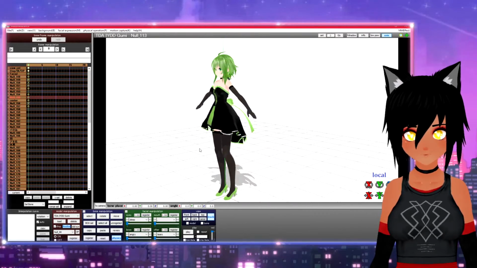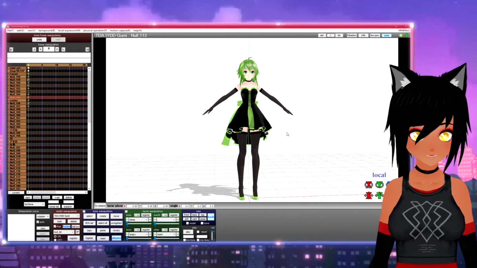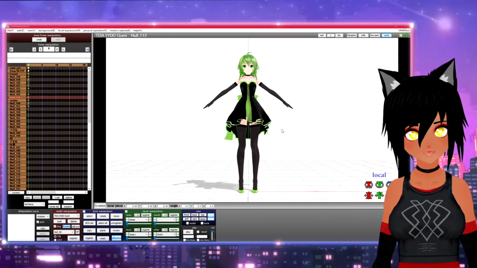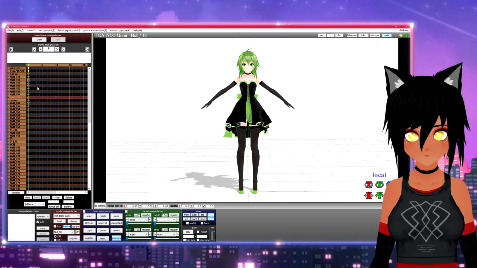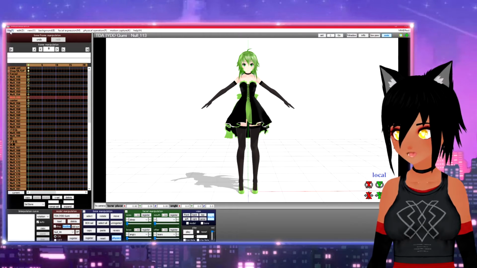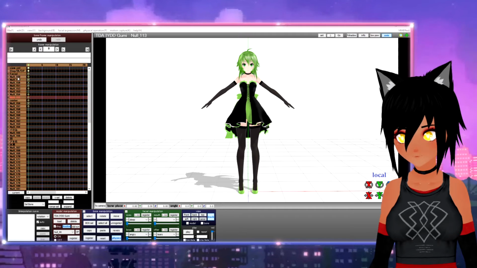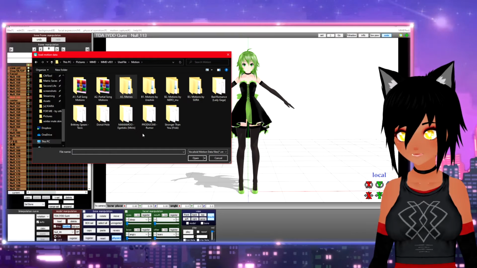Now, let's say you are like most people that use MMD, and you don't want to make your own animation completely from scratch. You're like, no, that is too much work. I want to have fun. Well, I got you. You go up to File and click Load Motion Data. Now, it doesn't come with motion data. You have to go out and download it yourself.